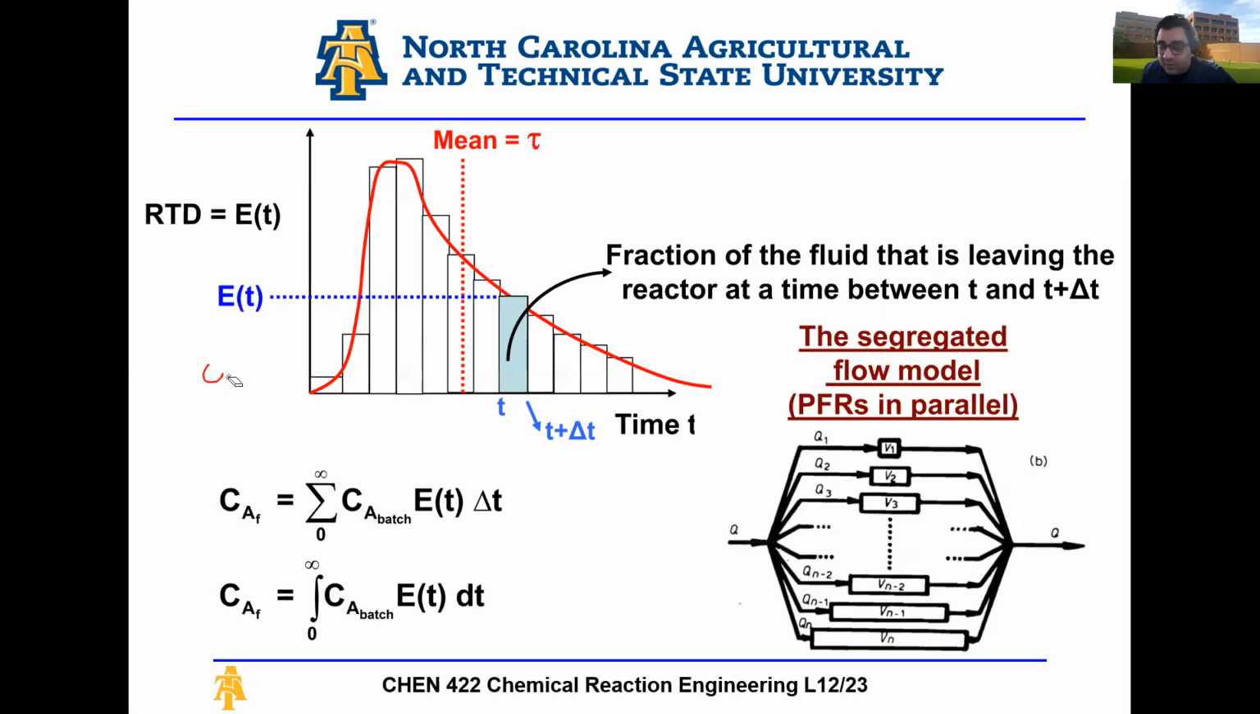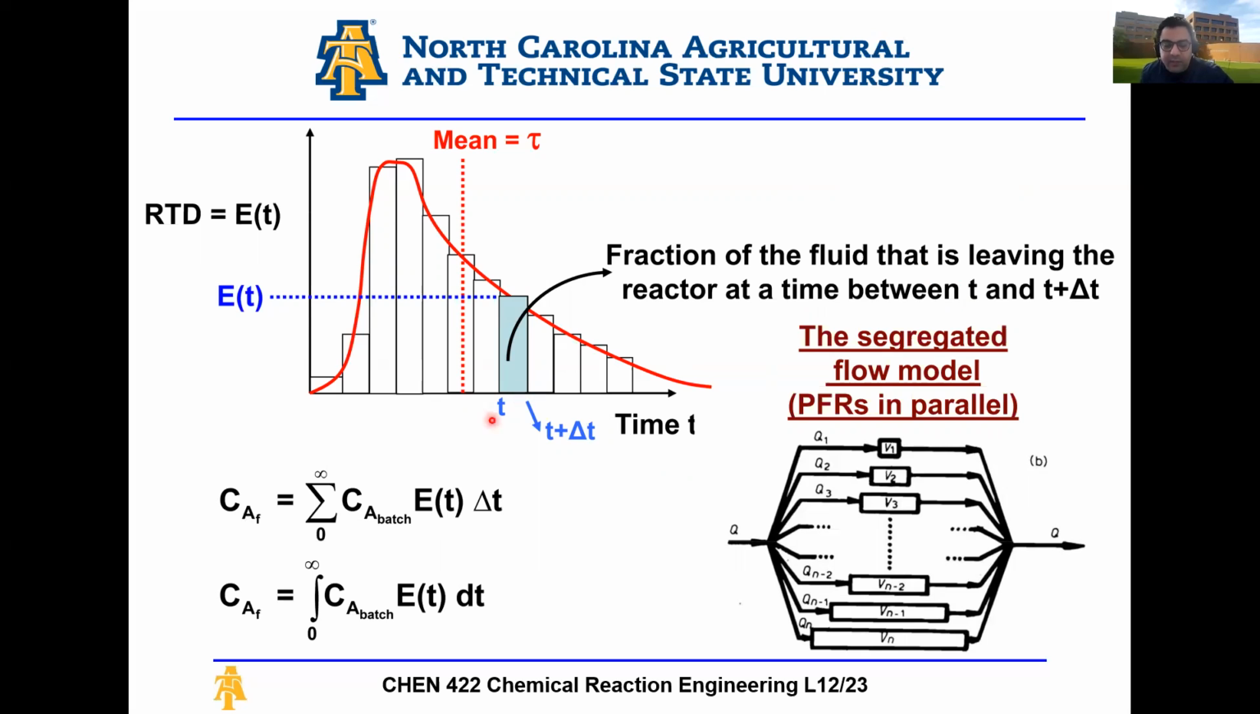So if I have a look at this curve right here, this is the curve I got from my experiments, and I'm going to discretize it into squares, as you did in Simpson's rule or whatever, to understand the area under the curve. The fraction of the fluid that's leaving the reactor between T and T plus delta T is equivalent to the area under the curve in this time period, right? So if I want to find how much fluid is leaving my reactor between 3 seconds and 3.1 seconds, I can just get the area under this curve, and this will be the fraction of the fluid